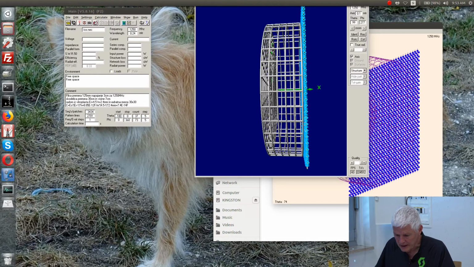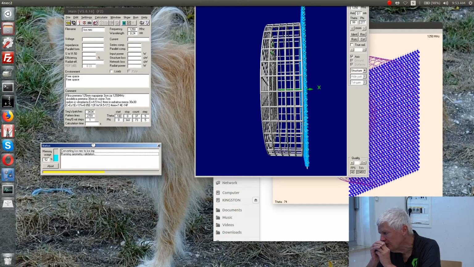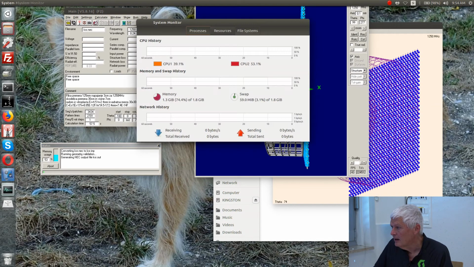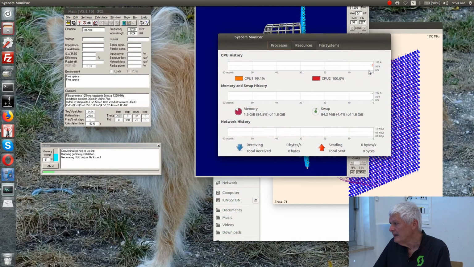Now the calculation will take really lots of time. The geometry validation is not so difficult, but now we have many patches. And remember the calculation takes 1/3. So if I look at the loading of my CPU, okay, now it just started. But the loading of the CPU, now I have both cores working on the problem. You see here, both cores, so the CPU is really loaded up to the maximum it can do right now,